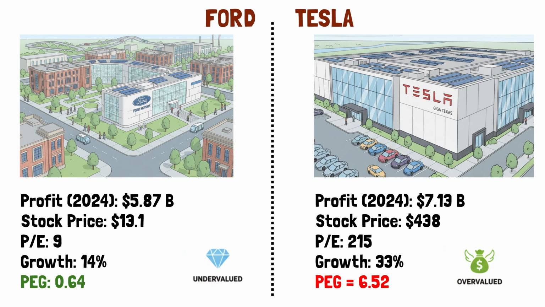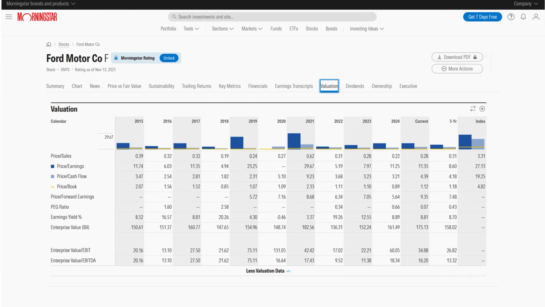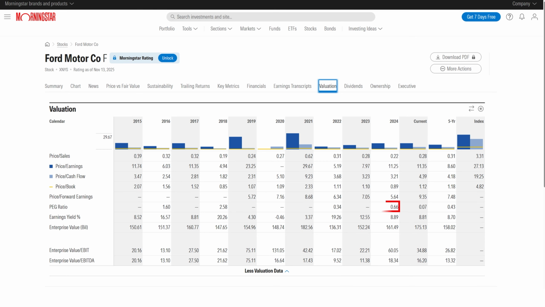This perfectly illustrates the power of the PEG ratio. It doesn't just look at what you are paying today, it adjusts for future growth, giving you a clearer picture of value. One quick note, you can find PEG ratios already calculated on different websites, but here is the catch,